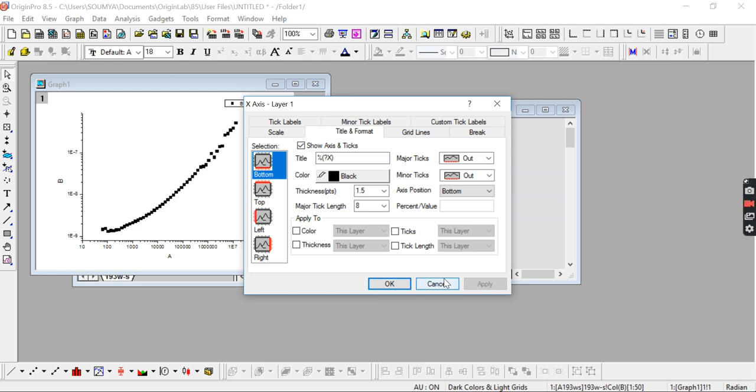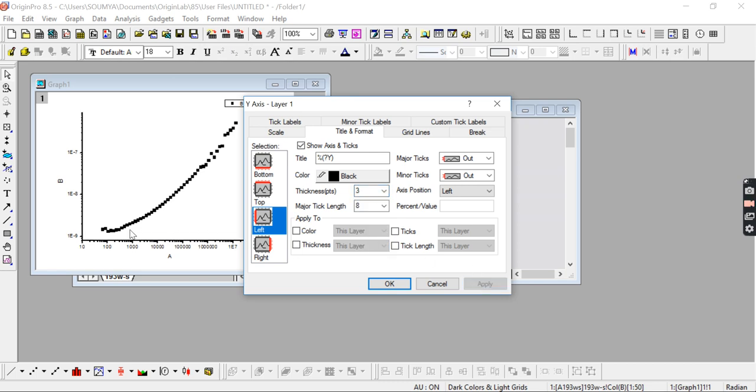Another thing is that this is the horizontal axis and this one is the vertical axis. We can also change the thickness of the axis. So this one is the thickness. You see this is 1.5, but suppose you want to change it to 3. So this is the thickness for the bottom axis, and for the left axis you again change it to 3.